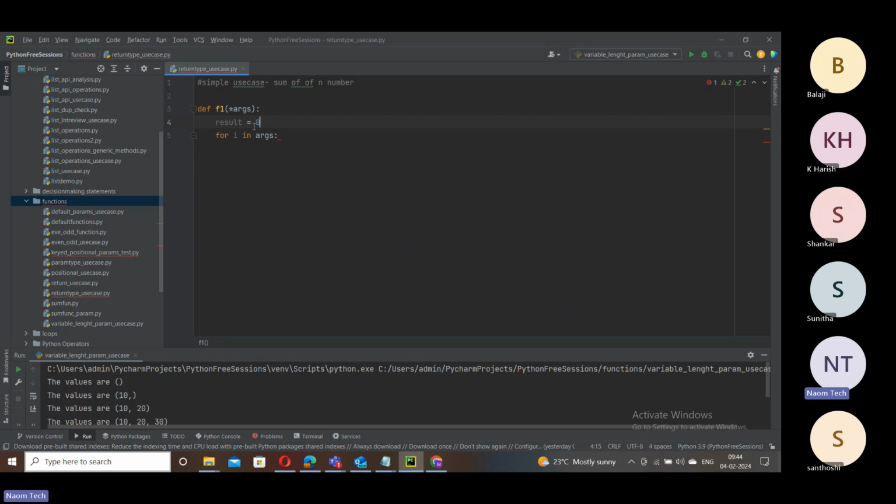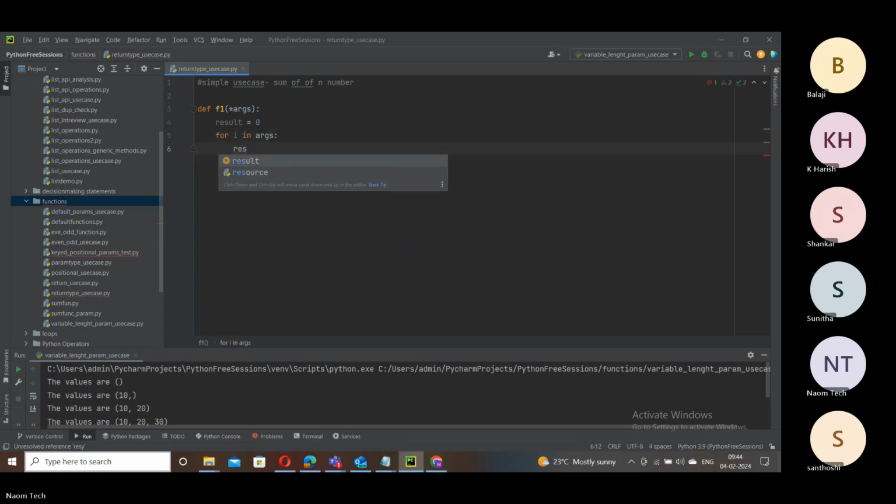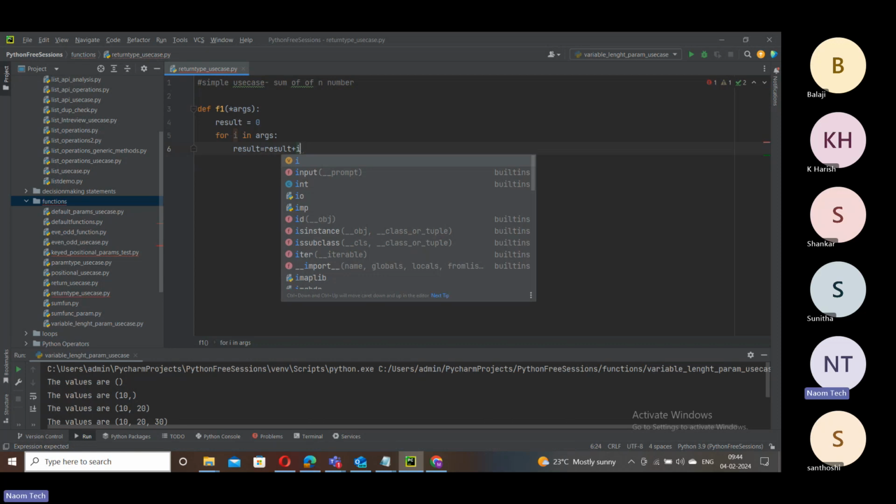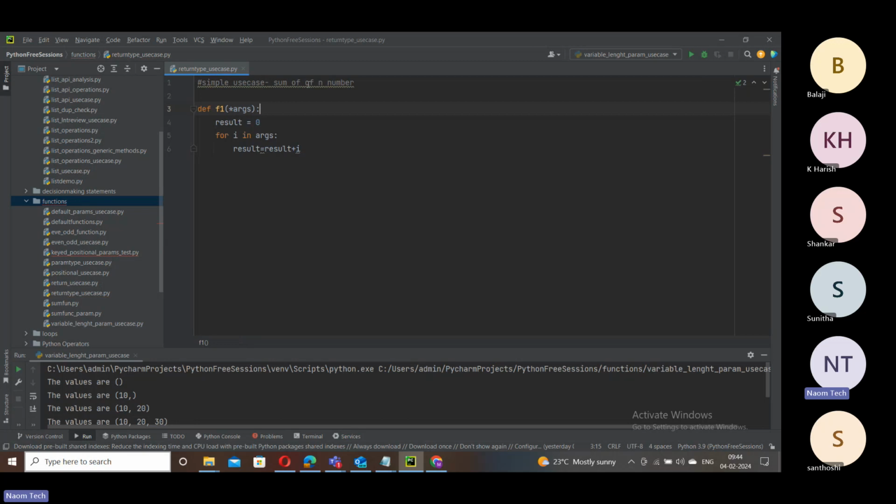So keep this inside the function. Maybe if you keep it as global, I doubt whether it will work or not. So keep it local here. Then iterate the args here and then apply the logic: result equals result plus i. So this is the logic we should apply to find the sum of n numbers by using this